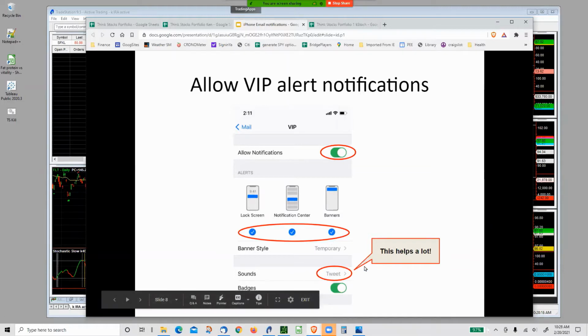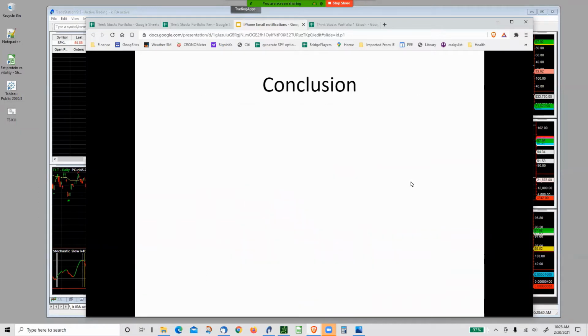So I get a little tweet. It's a real simple little thing, just says tweet, and that's it. And that's enough to tell me that, hey, something's happened. So hope that gives people an idea of how to set that kind of a thing up. So in conclusion, next time some VIP sends you a hot tip,